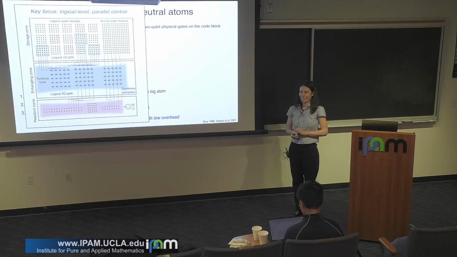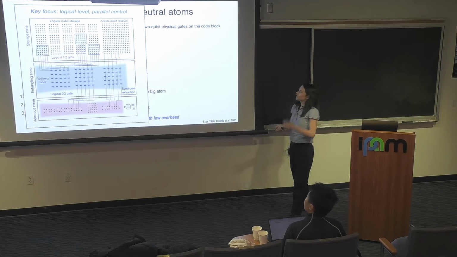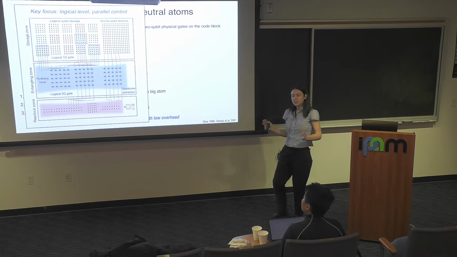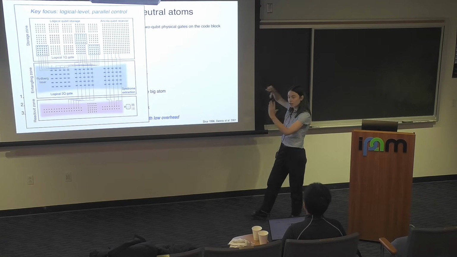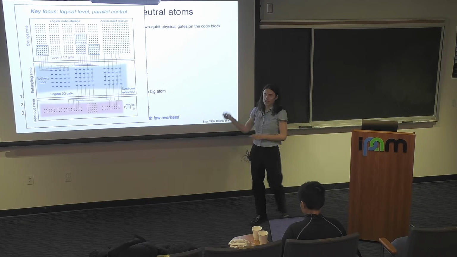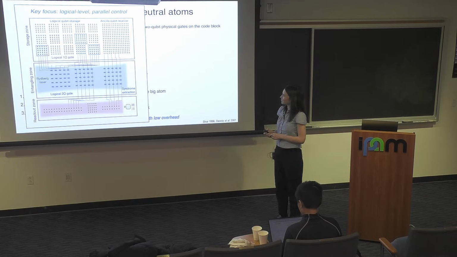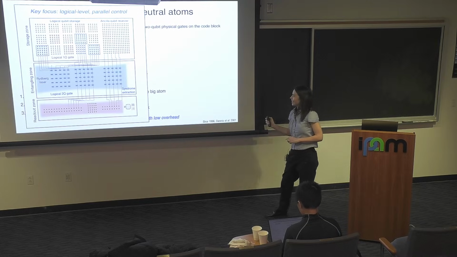I see. Yes. I don't know much about this, but why are the logical qubits and ancilla qubits separated in the storage zone? Oh, great question. So, it's very different than a wired system where you have your data qubits and their nearest neighbors are your ancilla qubits. It actually brings me to my next slide, so maybe I'll just explain it there. Yeah, let me do that, and I think you'll see.